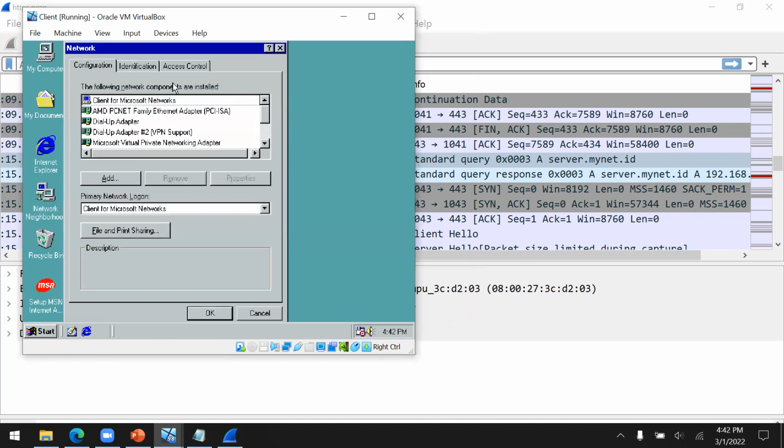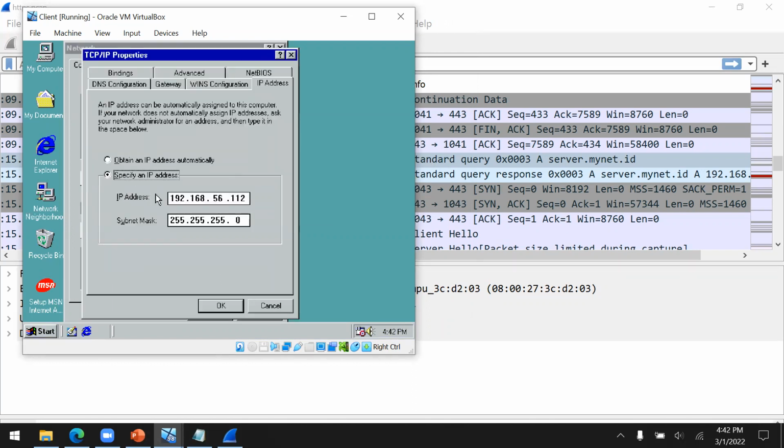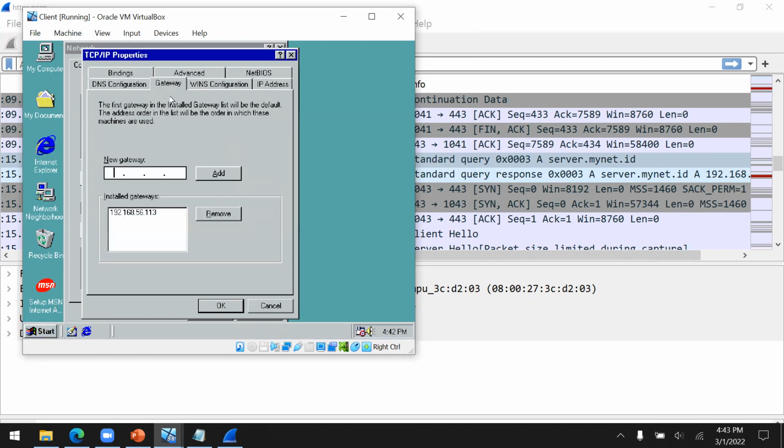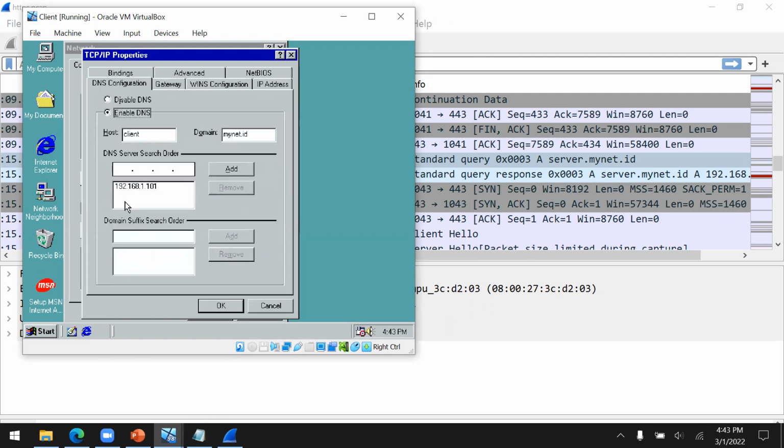And then this one, TCP/IP. This is the IP address, static. This is the gateway, also static. And this is DNS. So DNS is on the server itself.